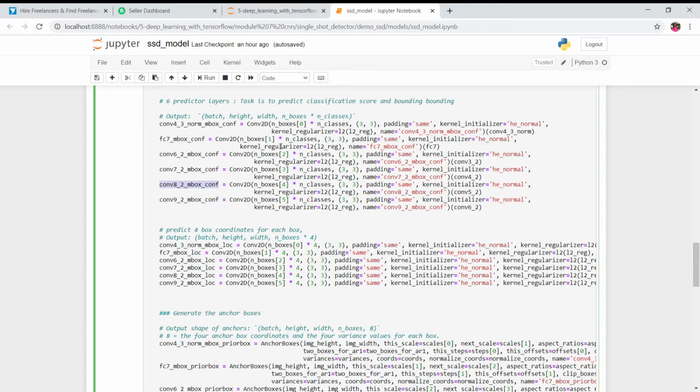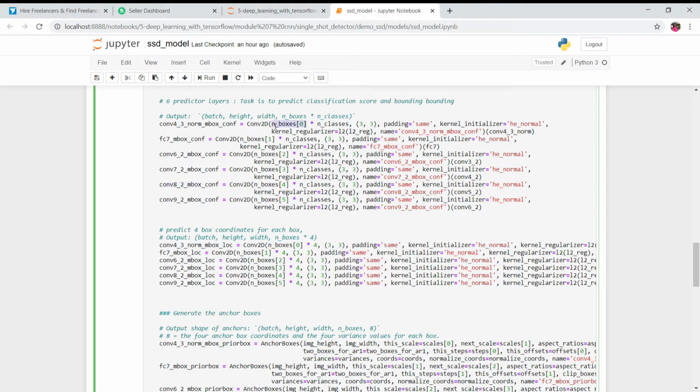So now what we want is to calculate the class confidence value, and how many classes are we having in the data set? We are having 20 classes in the data set, right? And we want to predict which bounding box has which particular object, and we can know this by calculating a confidence score. So the class with the higher confidence value will be the label of that particular bounding box, right? So this is what we are doing over here in these boxes.